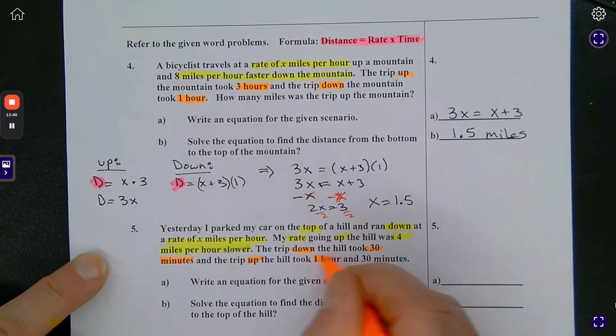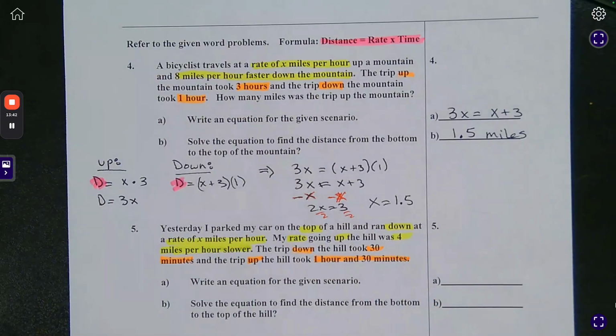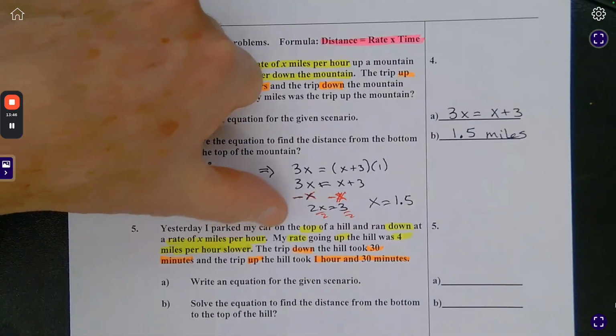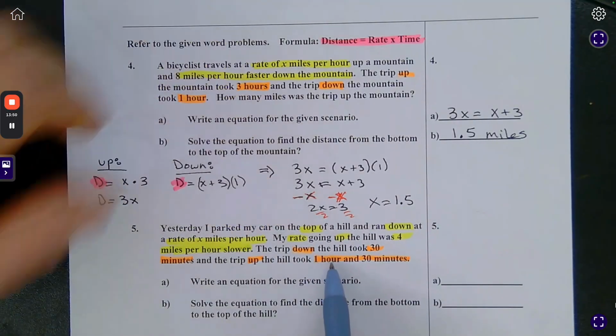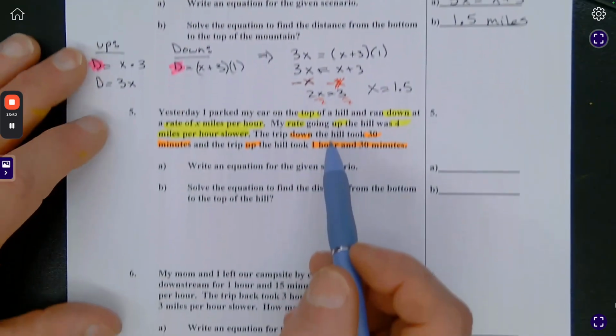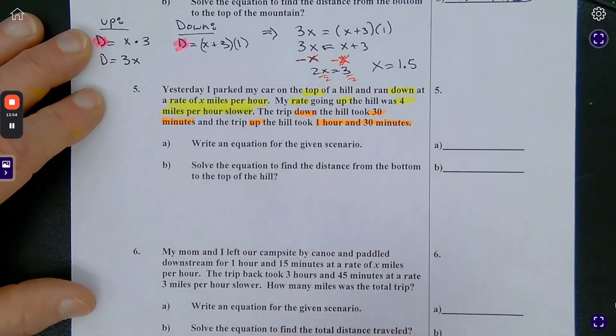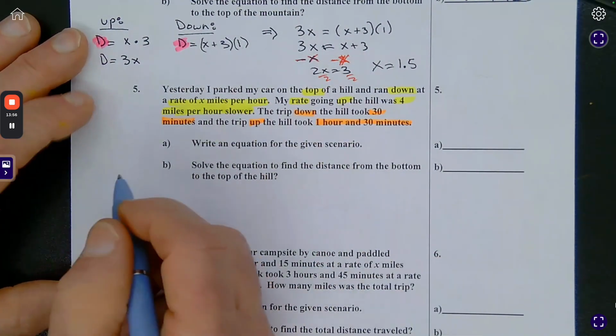Okay, we got a little bit of a problem here. And the problem is our units of measurement need to match. So notice my rate is in hours. So my time needs to be in hours as well. Okay, so think about that as you do this problem. Okay, so the distance